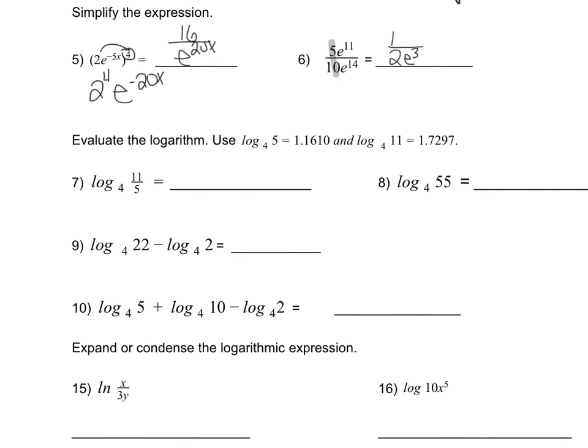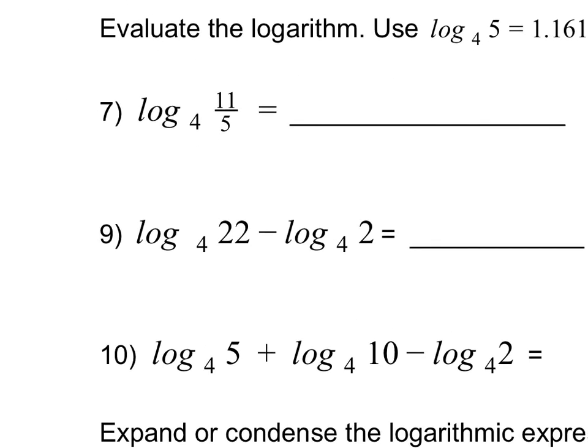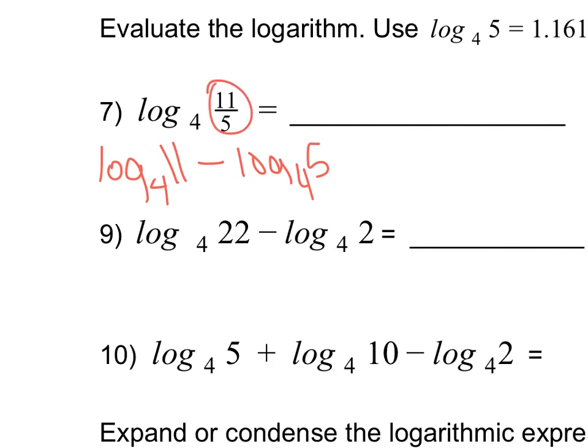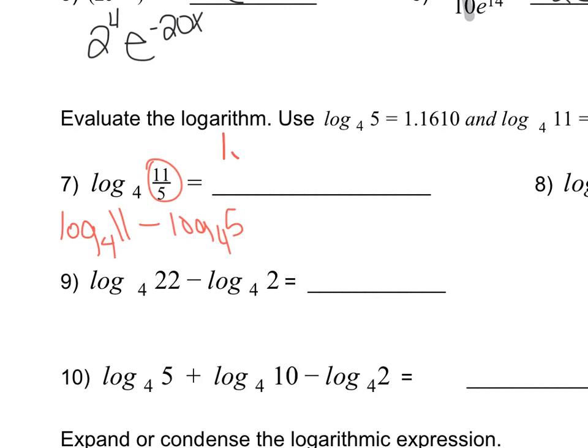Okay, then here on 7, 8, 9, and 10, it tells us the values of a couple of logs, and we need to use that information without a calculator other than just adding and subtracting decimals. So we have log base 4 of 11 divided by 5. That is like saying, if we break that apart, log base 4 of 11 minus log base 4 of 5. Because remember, when we have division like that, when we expand it out, it means subtraction. So we're going to subtract our value for log base 4 of 11, which is 1.7297, and we are going to subtract 1.161